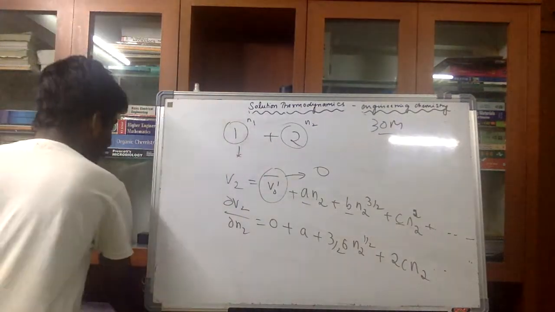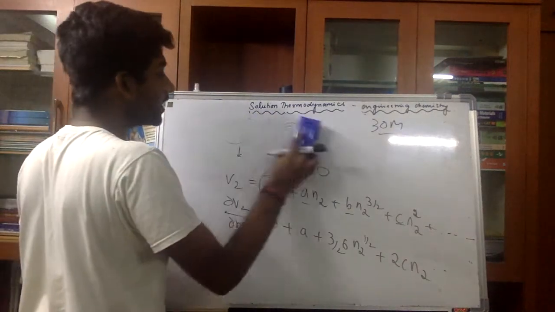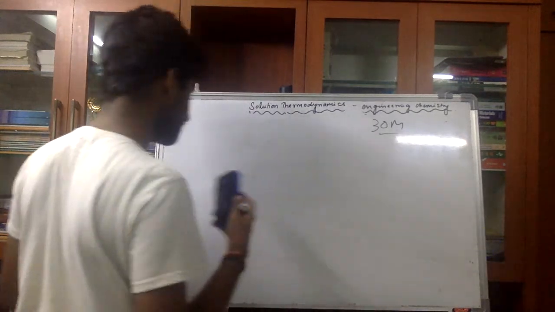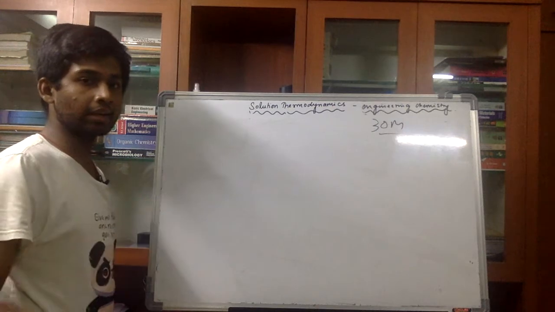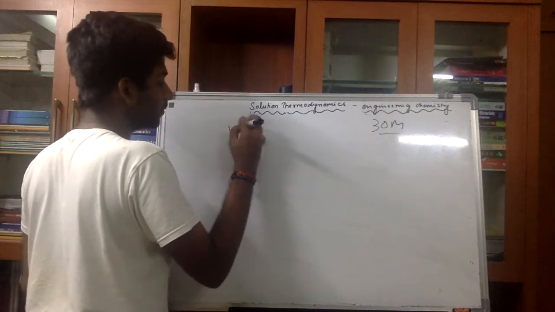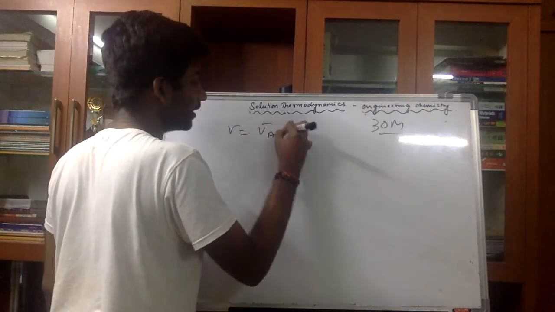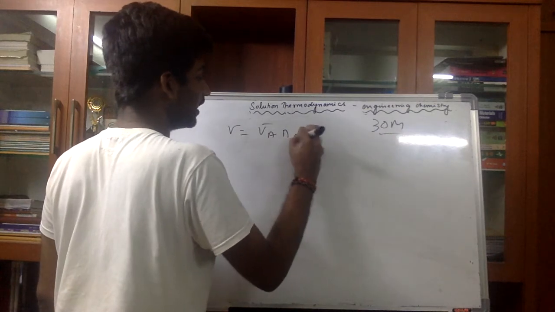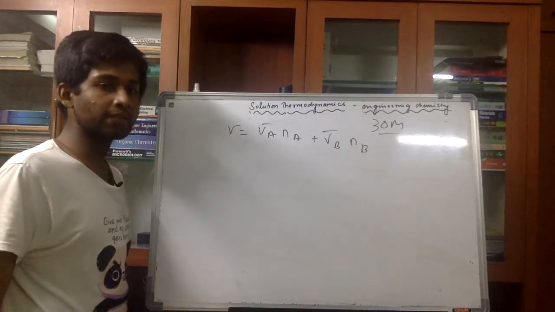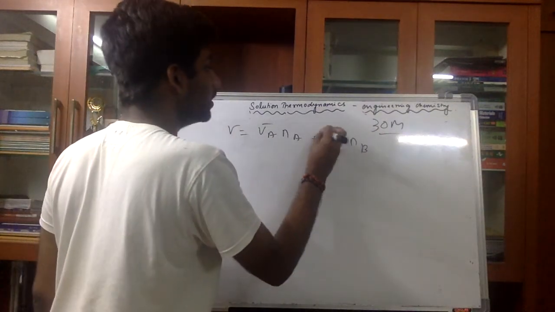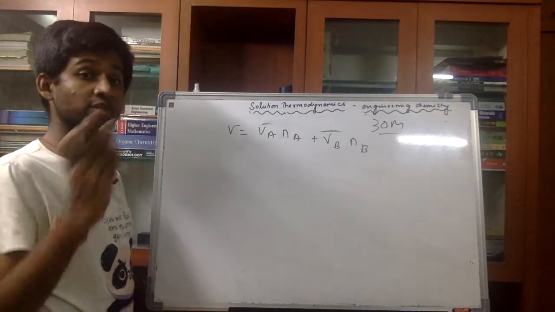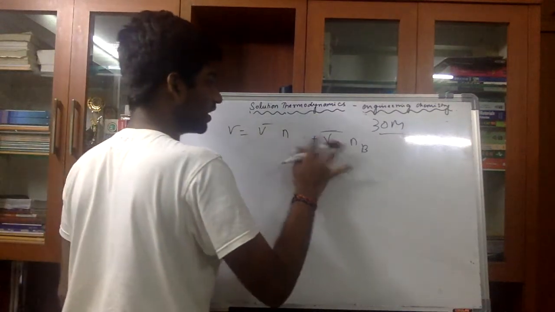Now let us go to the actual point which I said before: while considering dP and dT to be 0, we brought in a relation. In the fundamental equation we consider dP and dT to be 0 and then we got one relation, right? Now let's go to that. We consider that the total V is equal to VA bar NA plus VB bar NB and so on. We would have done this in this video too. You can recheck it if you're curious. Now you have got this equation, and we are considering component 1 and component 2, changing it for our understanding.